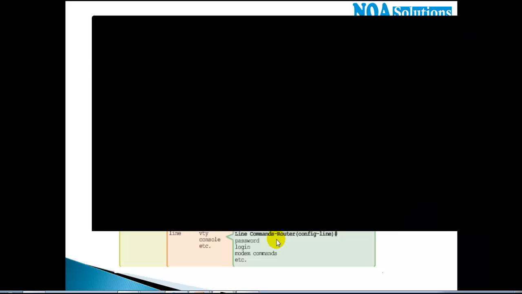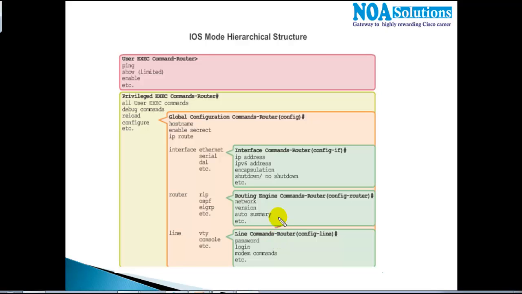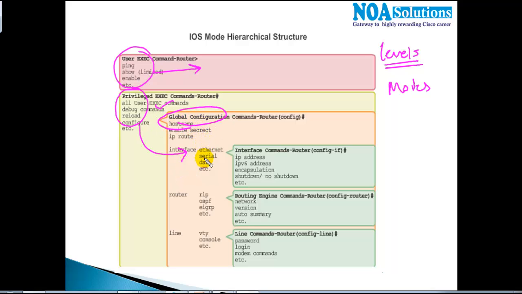Okay, so let's start with the modes. All the commands of the router are divided into different levels, or a hierarchical structure, we can say, and these different levels we call modes. Now we have user mode, where typically very basic commands work. If you want to get into some advanced commands, we need to get into the next mode, and if you want to make any changes, we have to go to the next mode. We call it global configuration mode. If you want to do any changes on the interface, we go to the interface mode. Anything you want to change relating to routing, we go to the router mode. Anything you want to change on the line or to change the passwords, we go to the line mode. So we've got different modes.